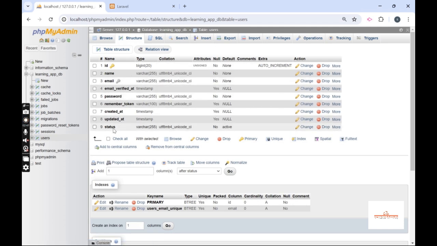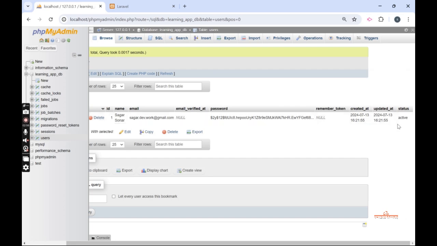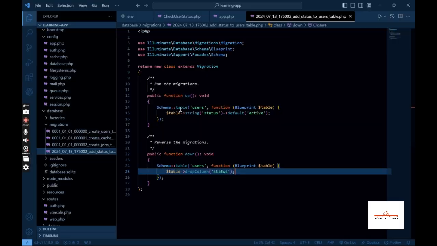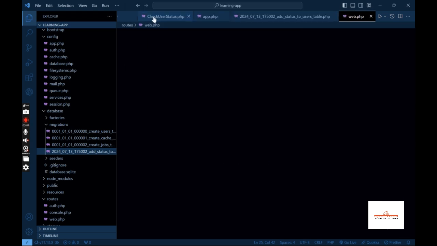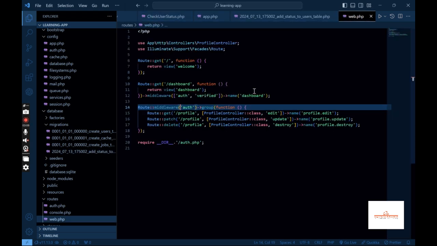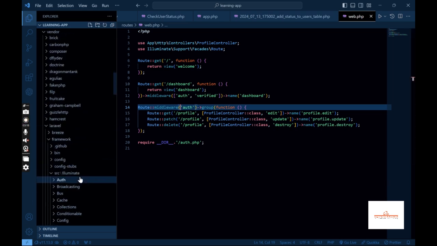So clearly we can see the status column added inside the users table, and the value currently is active. Okay, so now we are going to the web.php file that is inside the routes. As I have installed my Laravel application and also installed the bridge package, you can see here